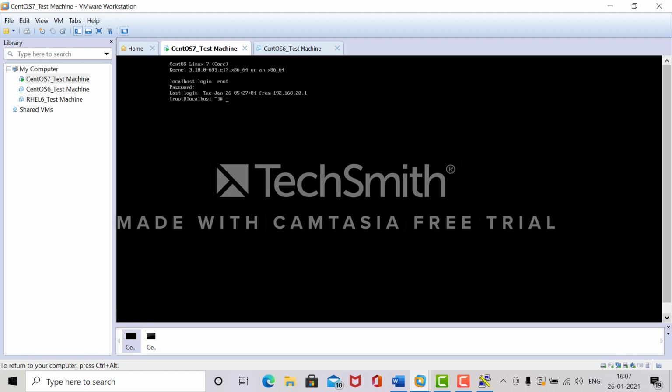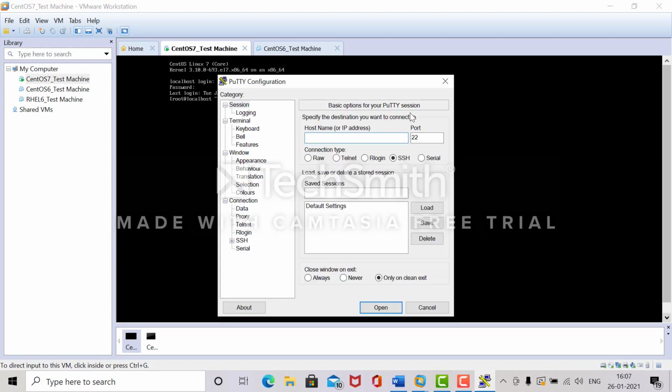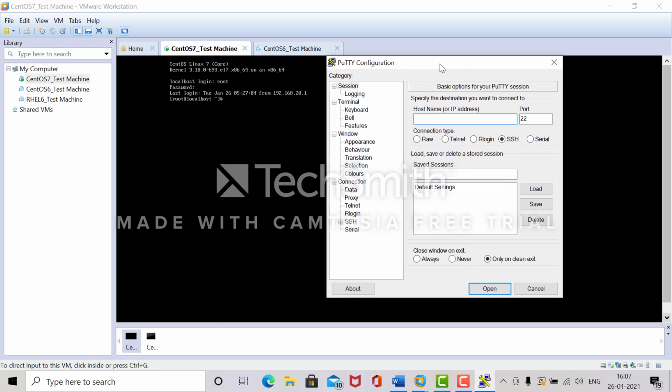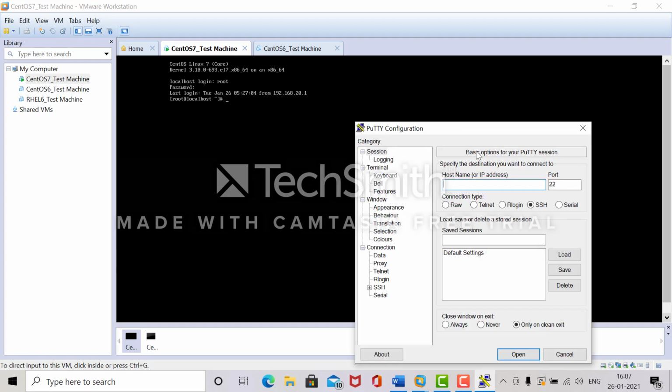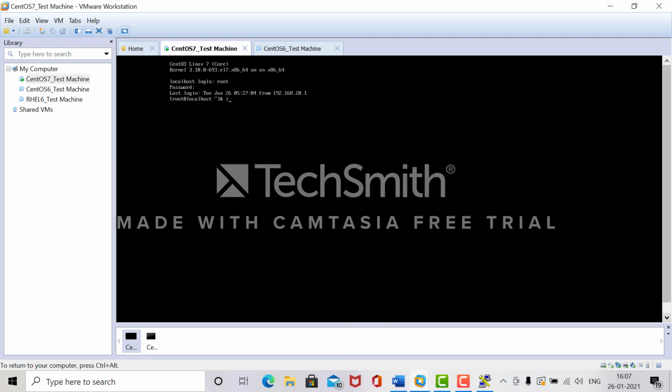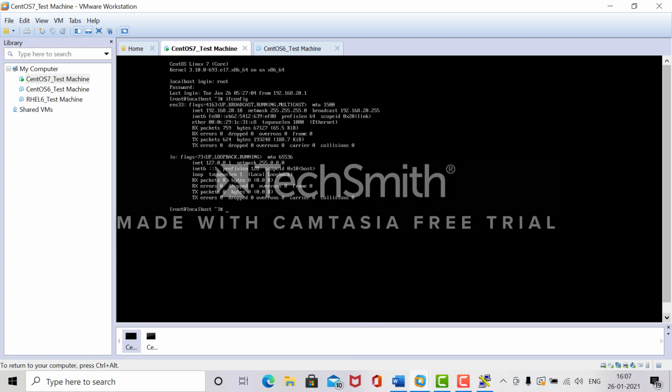Before using this command, I will show you how to log into this virtual machine in a remote tool. Here I am using PuTTY, where you can use the IP address and log into the server. To get the IP address, you just run the ifconfig command.